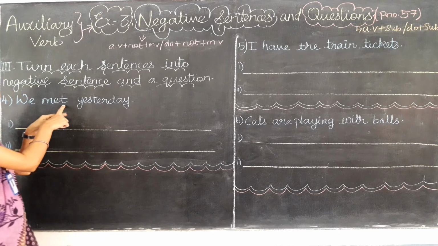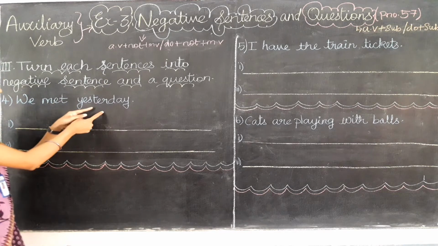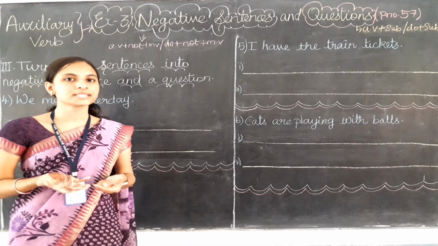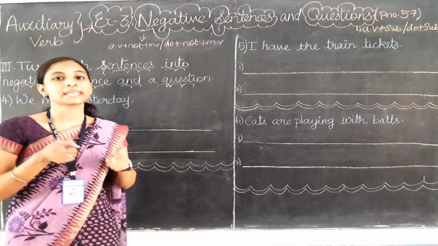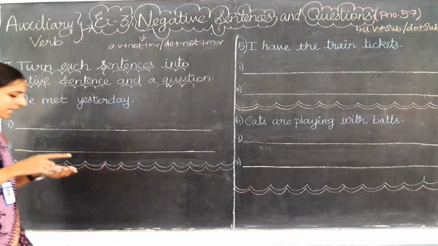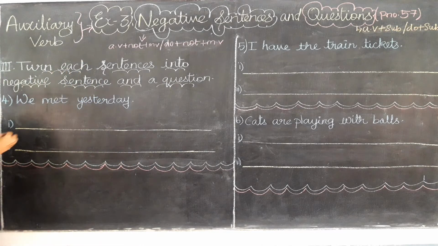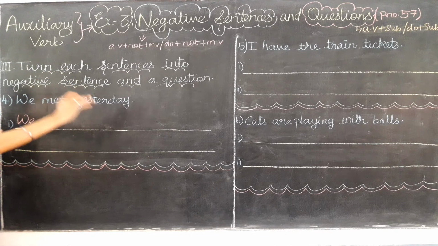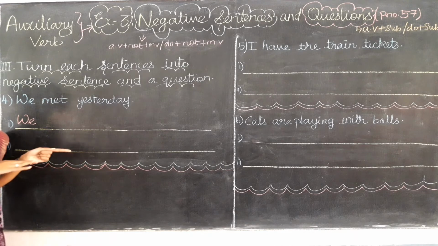Here the meet has become met, which means they are talking about a past time event only. So which is the past time verb in the do form verb? Yes, that is did only. So we can directly write the answer. The subject will come in the first place for the negative sentence, because in the first blank we are always going to write the negative sentence answer only.